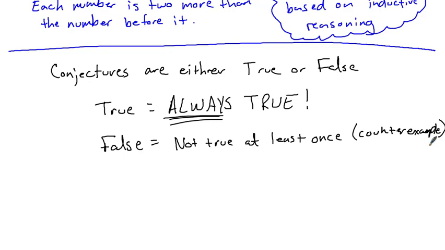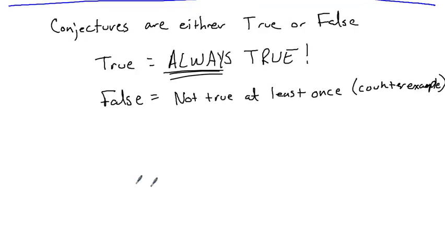And we're going to practice this here right now. So we're going to do a nice example. And we're going to say that we have a conjecture. So this is a statement that is assumed to be true based on a pattern of inductive reasoning that somebody's made. So the statement will say, two